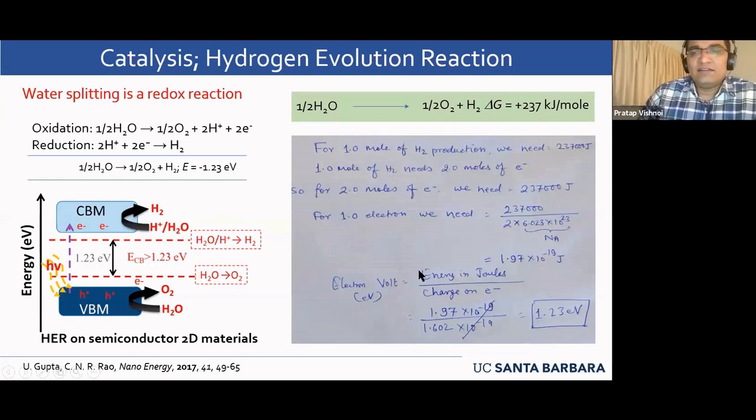A volt is the energy divided by the charge on the electron, because the entire game is of electrons. Through this calculation, you will end up with 1.23 electron volt. Whether you write electron or not doesn't matter. We are writing it to indicate that the entire thing we have done is for electrons. So it's the same thing as writing 1.23 volt. And the negative sign here says that we have to give voltage. This is a convention. It is opposite in energy: when it is negative here, it means energy is released, but positive means energy is given. But in terms of voltage, we write the opposite. Anyway,